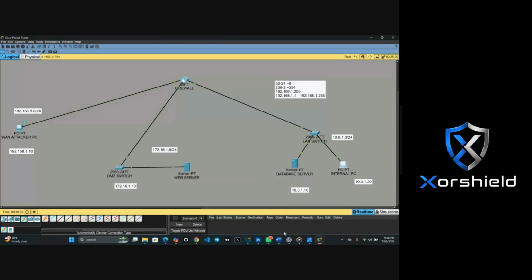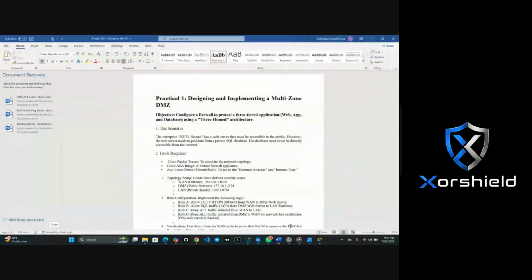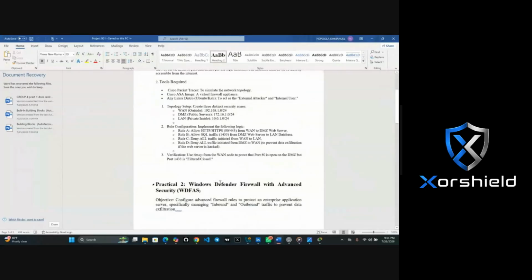So let's go back. Now we are done with the topology. The next one we are doing is the configuration they said we should implement on our firewall. Before I assign them, let me explain first. Rule A is telling us to allow HTTP and HTTPS from the attacker PC to the DMZ web server.